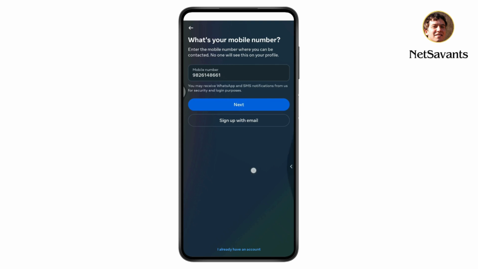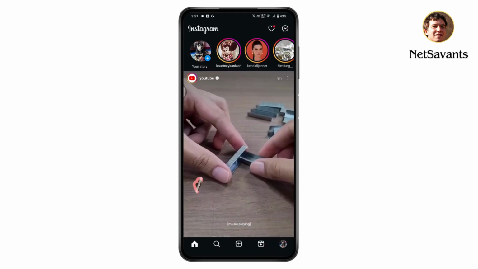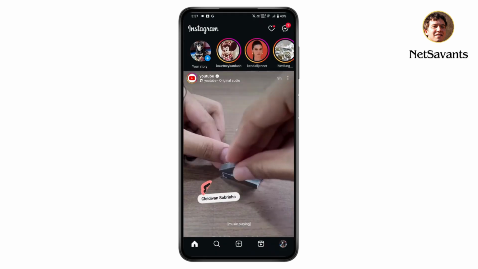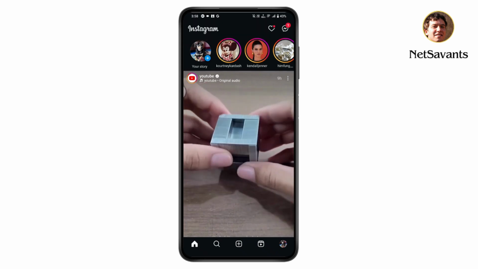And the third way is you just need to ask your friends, like you need to ask a friend who follows the person that you would like to view the profile. So you just need to ask your friend to show their profile. So these were the 3 ways in which you can view a